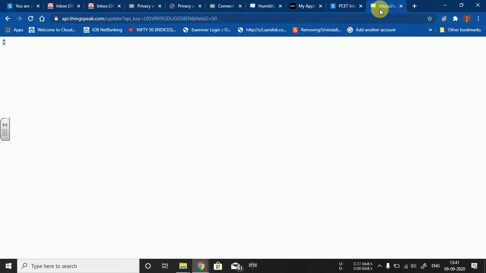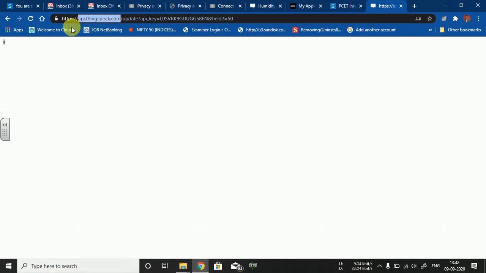So in this way, what I mean to say is that this particular URL is very important for us. It consists of the respective protocol that we use to send the data onto the cloud, and the respective URL that can be considered as a DNS, the domain name system of the respective cloud.